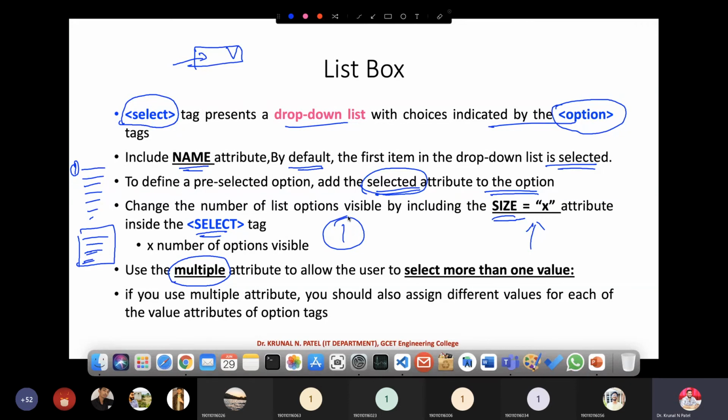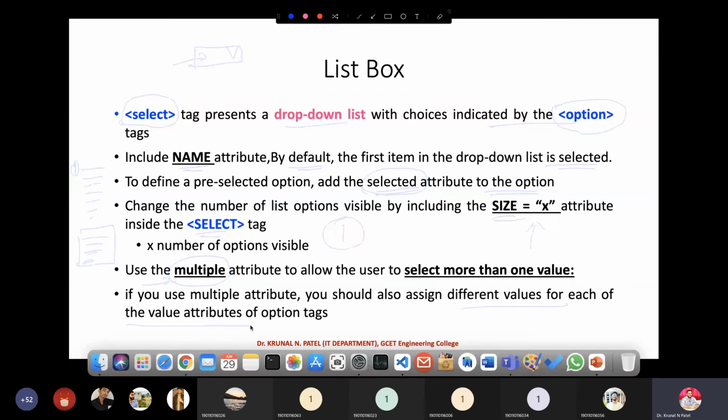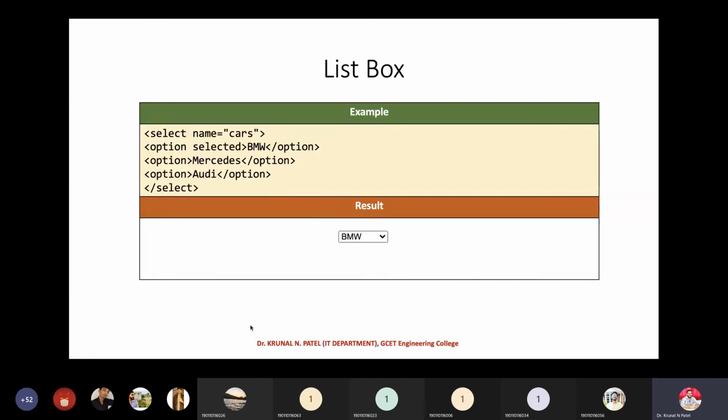If you want to provide that kind of facility, then you just go for the multiple attribute. So by holding the Control key, you can select more than one item. If you use the multiple attribute, you should assign a different value for each of the value attributes in an option tag. So let's jump onto the particular example.